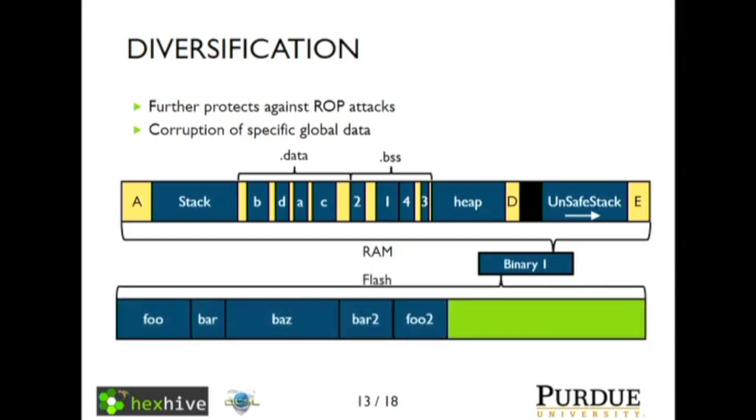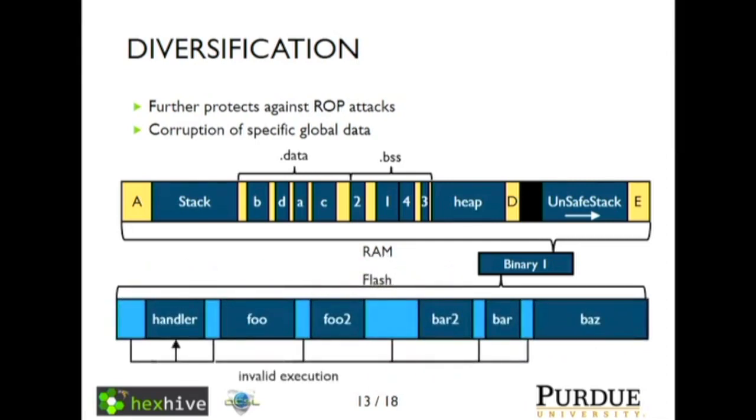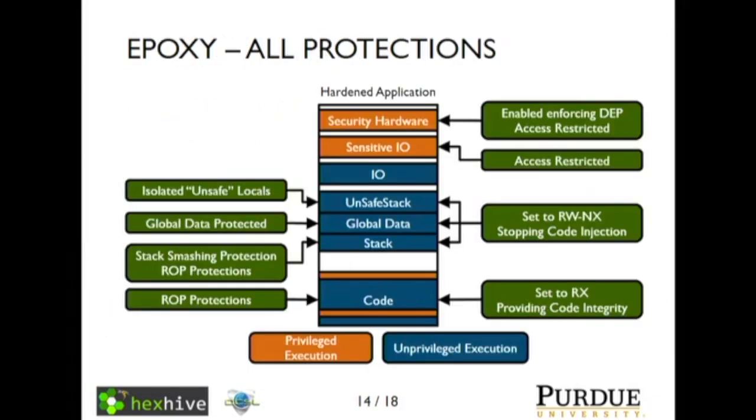For code, which is in your flash, we randomize in a similar manner. We fill all of our RAM with jumps to a fault handler, which we add to the program. Then we randomize the functions so that all of the rest of the memory, if anything ever hits a piece of memory that it was not intended to be executed, it'll jump to this fault handler and we can decide how to handle it.